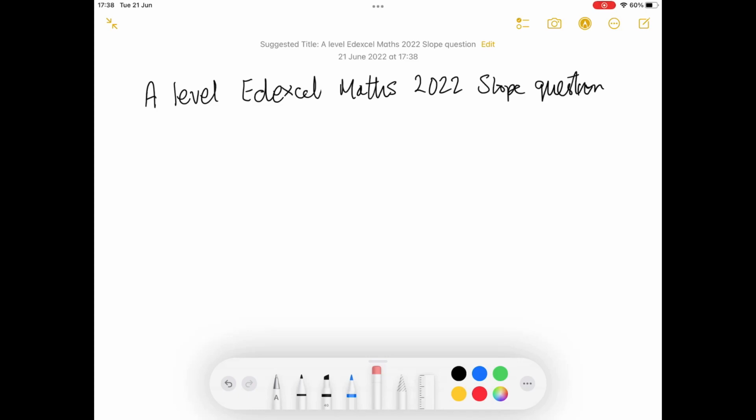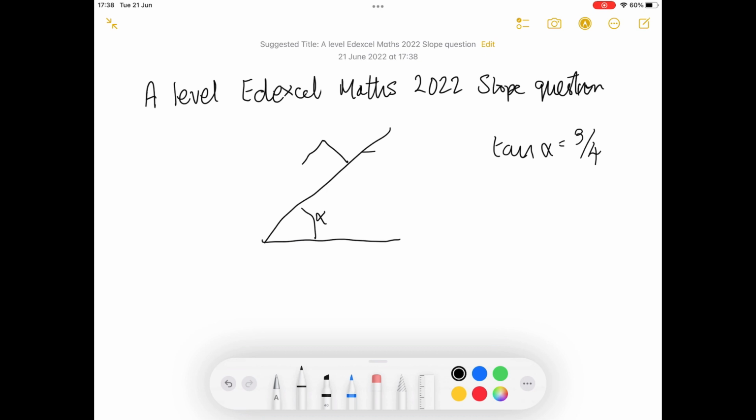Okay, this question came up in the Maths 2022 paper, slope question. So there's a slope with an angle of alpha and tan alpha equals 3/4. So that's like your normal Pythagoras triangle where the hypotenuse is 5. Weight mass of 5 kg, external force of F, and a resistance to the plane